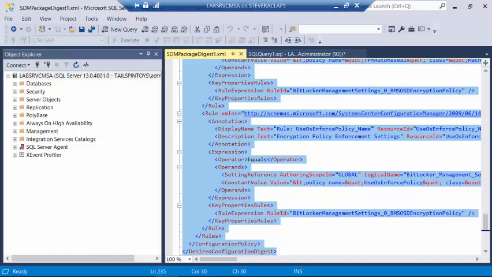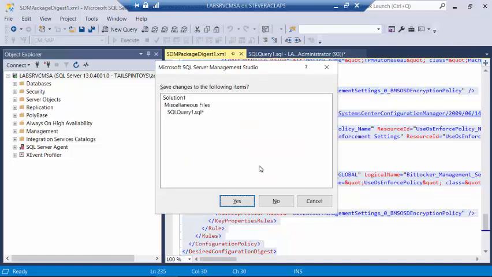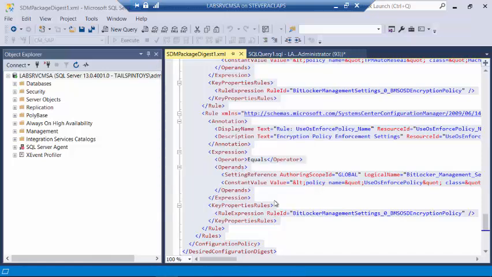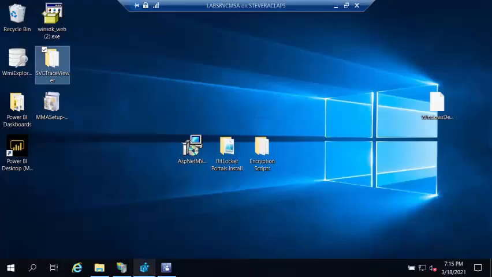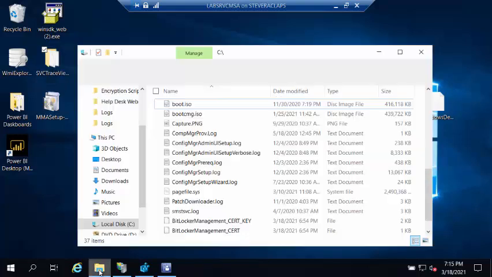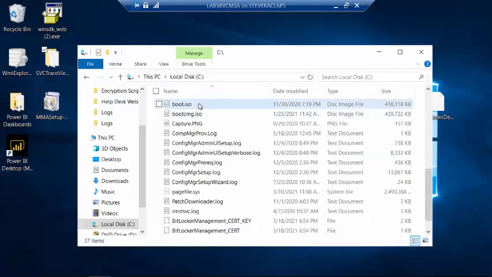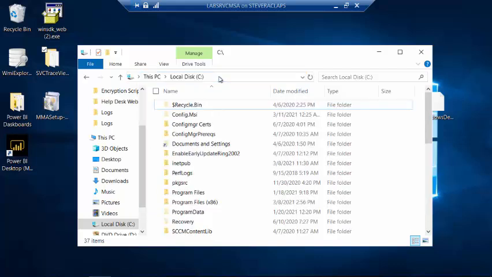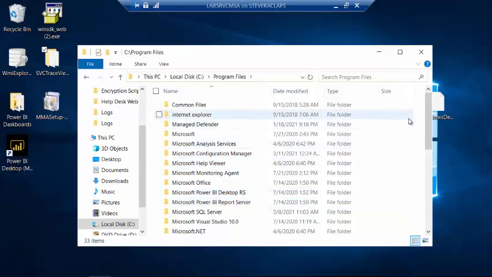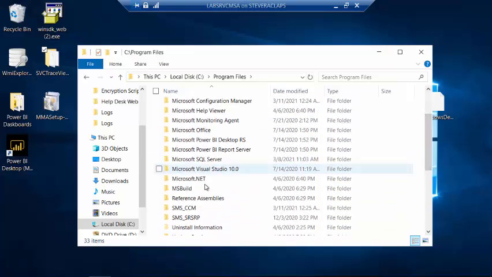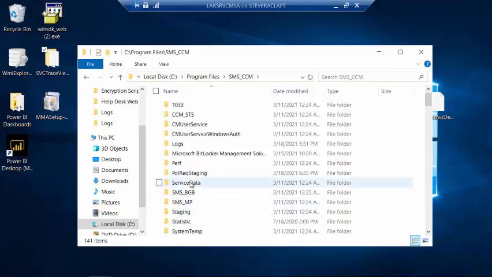Now, back to the logs, right? So I've shown you some logs. I want to rehash those as we're starting to close down. So we're on the site server. And so we do have logs. And so the recovery service logs, if we are on the C drive and then go into program files and then go into our directory that houses management point stuff, SMS_CCM, and then go to logs. We're going to have